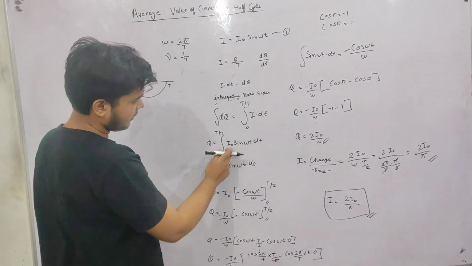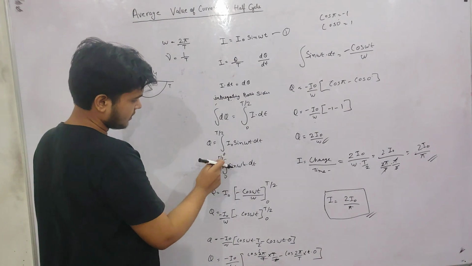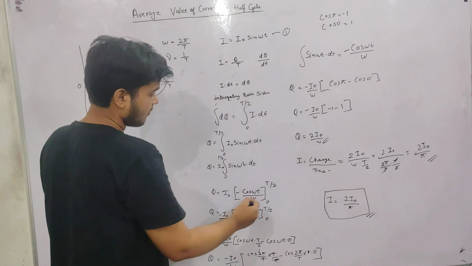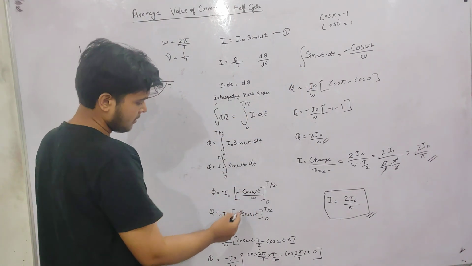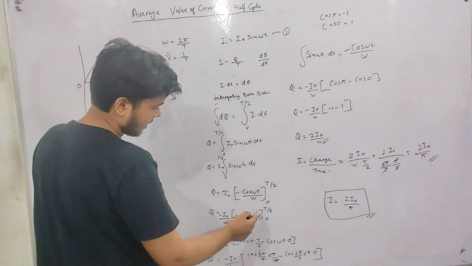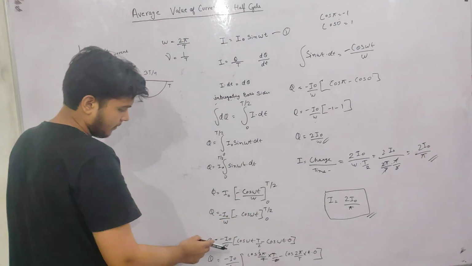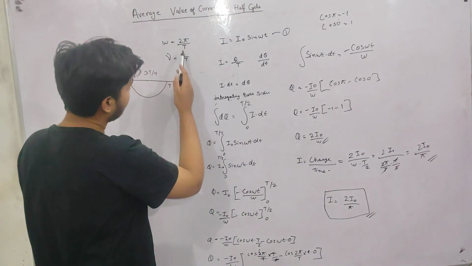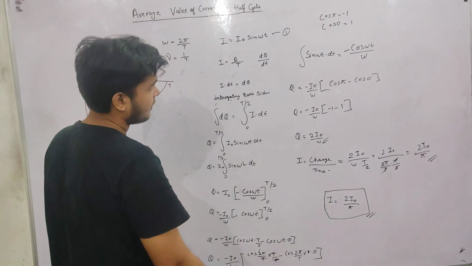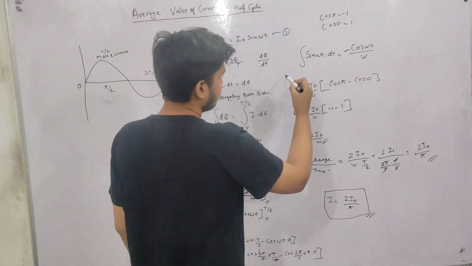q equals I naught constant outside, integral from 0 to T by 2 of sin omega t dt. The integration of sin omega t is minus cos omega t by omega. Omega is constant, so it comes outside: minus I naught by omega, cos omega t from 0 to T by 2, where omega's value is 2 pi by T. Putting the upper limit and lower limit, we obtain q equals